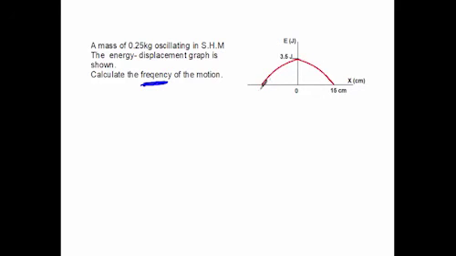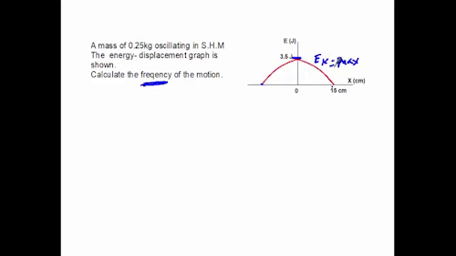This seems to be the curve of kinetic energy, when it has the maximum value at the equilibrium point and 0 at the maximum displacement. So this is the maximum value for kinetic energy,